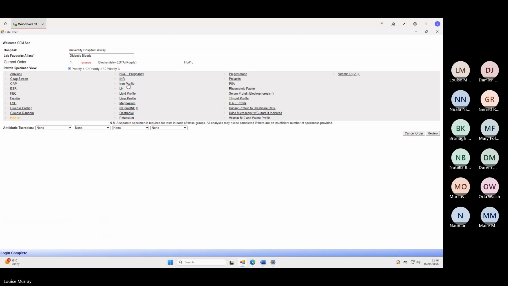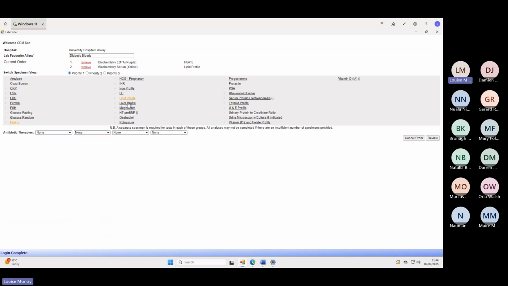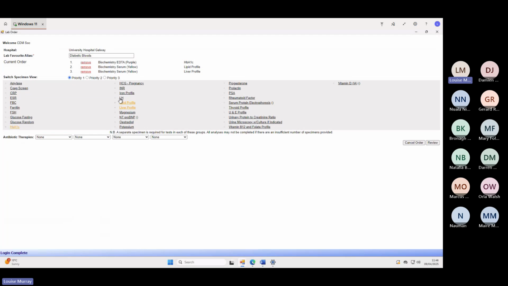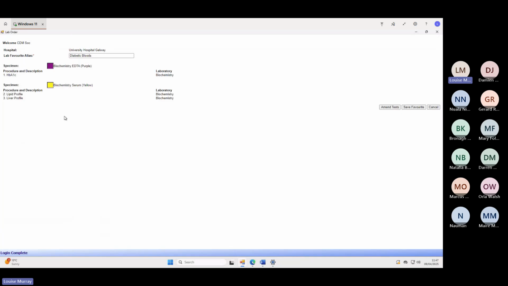Lipid profile and liver profile again. I'll just do the same thing again. Once again, if you realize you don't want that one, you click remove. I'm happy with the 3 tests that I have in here, but you can have whatever you want. You can include them. I'm going to go review, and I'm happy with this